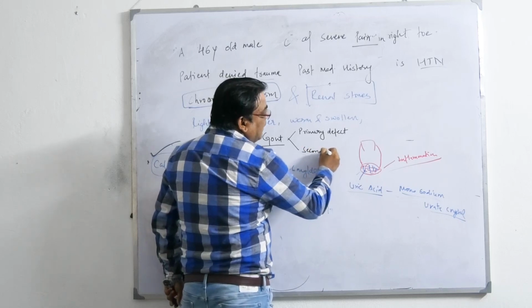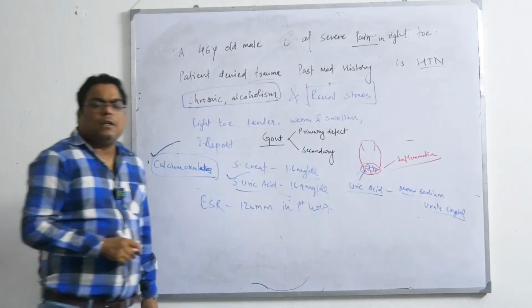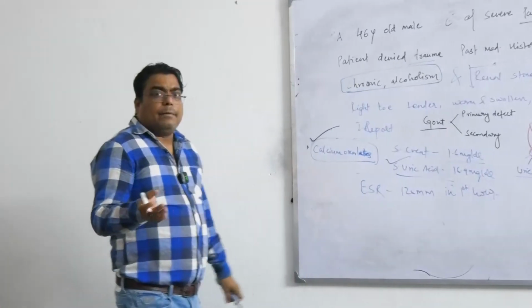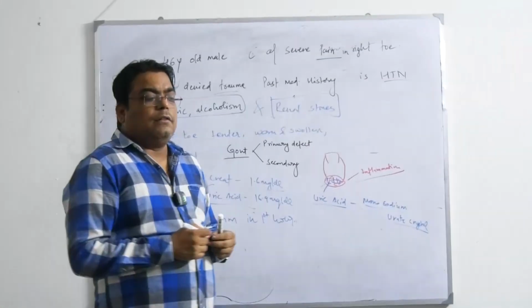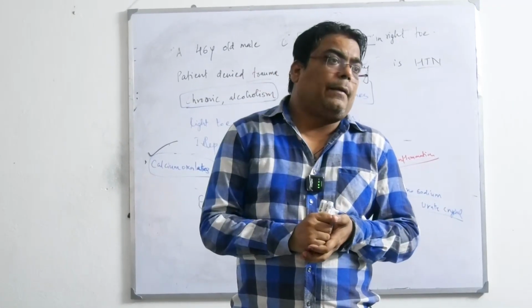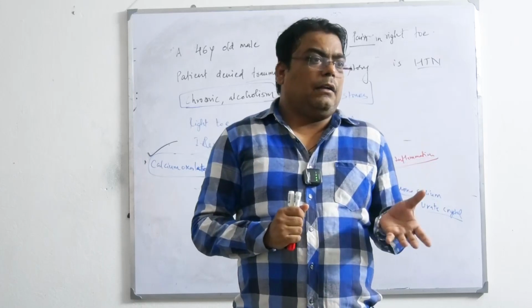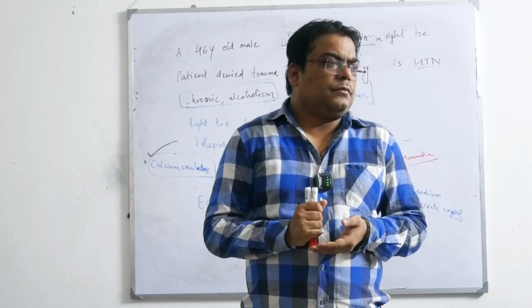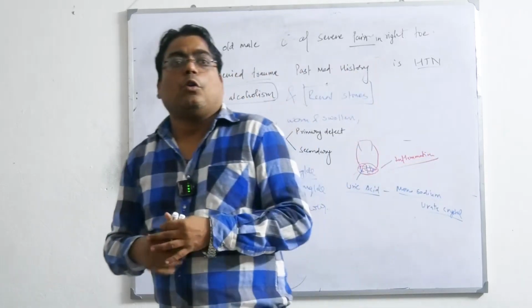If the question is asking, what can the examiner ask you now? He can ask why the uric acid is high. Uric acid, why is this uric acid happening? You will tell this is the clear case of chronic alcoholism, and because of chronic alcoholism, nucleotide metabolism increases. How does nucleotide increase in the body? By taking alcohol, caffeine, diet. Okay, by taking red meat. If we eat more red meat, nucleotides will come.